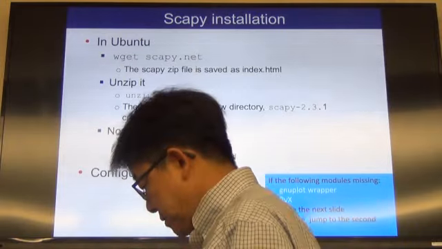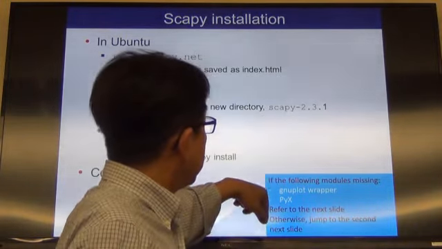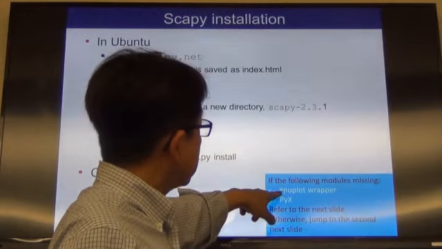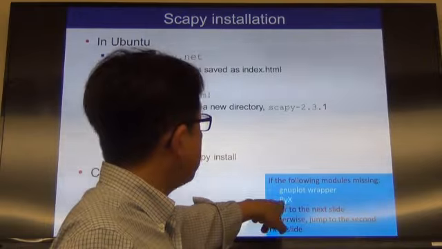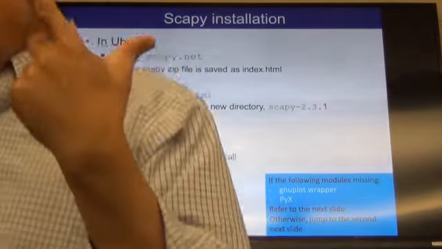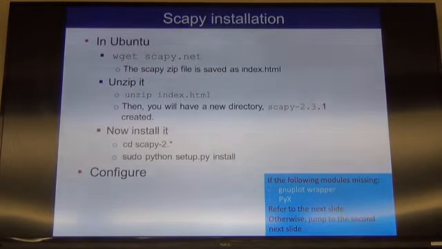When you do this, someone might get error messages: GNU plot wrapper and PYX is not available. If you want to do graphical execution, then you need to download that also. Download and install GNU plot and PYX.